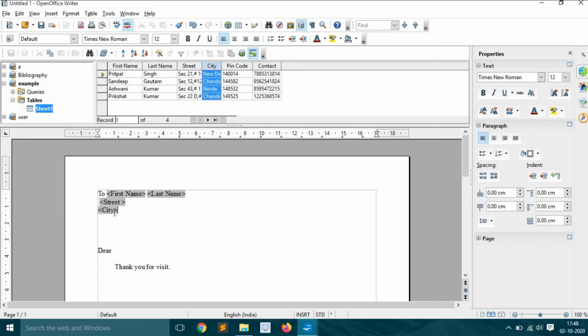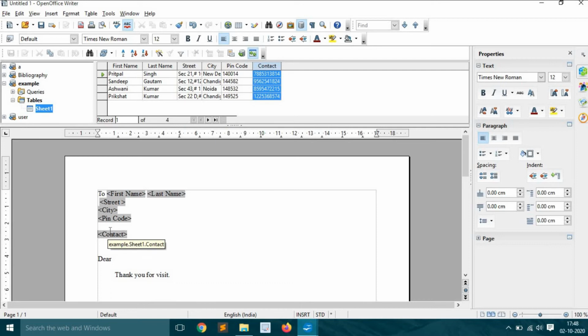Drag city after street, and after that you are going to drag the pin code and contact. Now all my fields which are available inside of my sheet are available to add. It's already added.